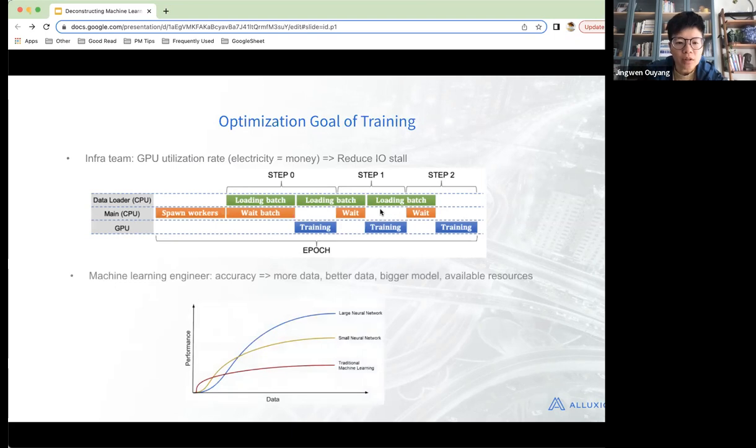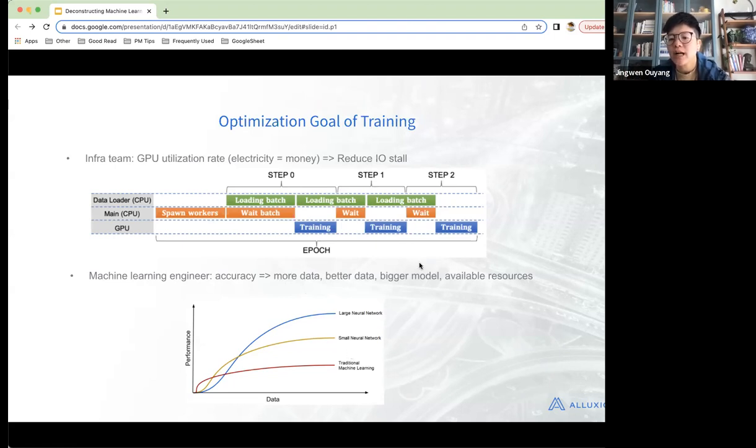For the machine learning engineers that we talk to, usually the end user, the money is a little bit farther from them, and the time may sometimes not be as sensitive per se. But what they want is more data, better data, and a bigger model. But running a bigger model will take more resources.